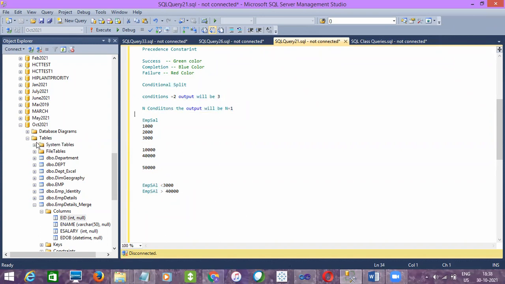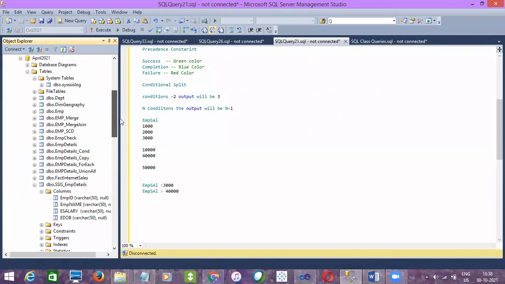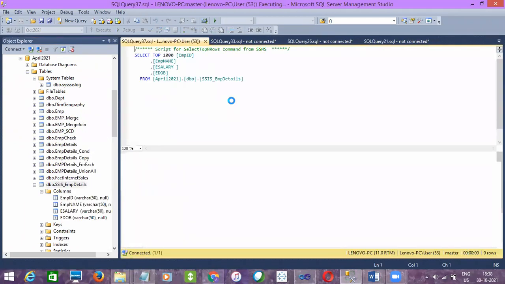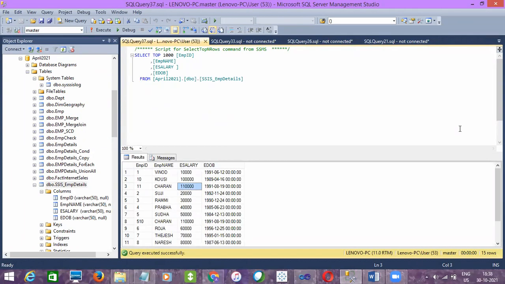Okay, let me show you this practically. I'll take the example table SSIS EMP details here, and we'll try to apply the conditions based on the salaries. First let me write it: where salary is less than 5,000.